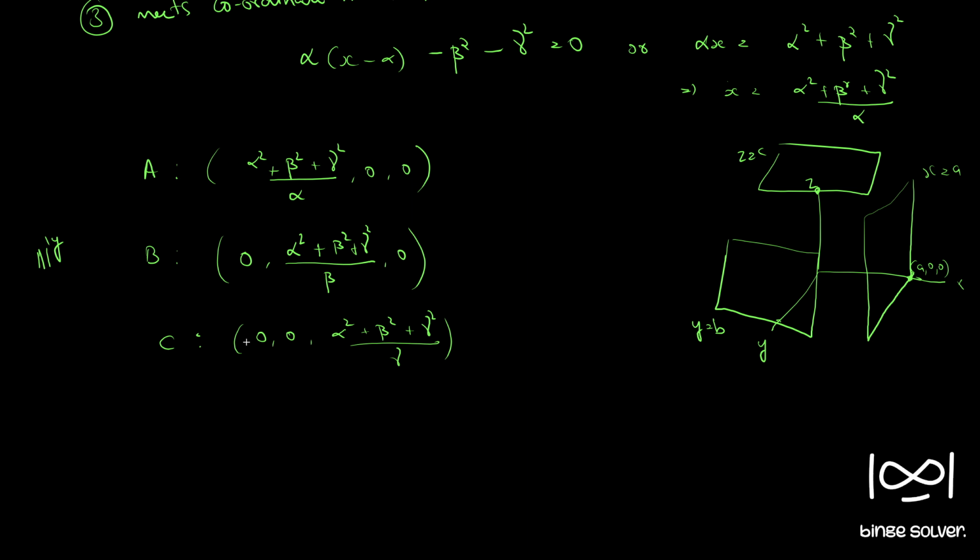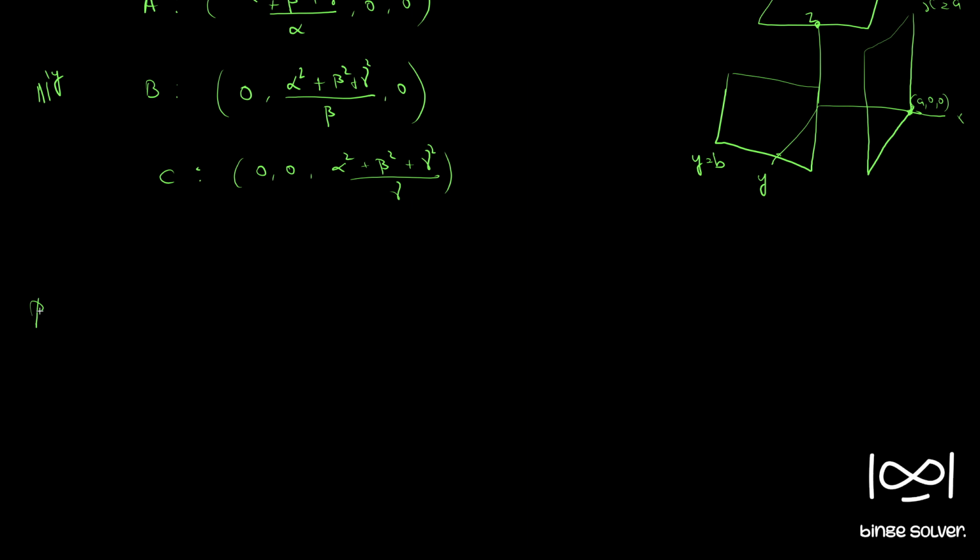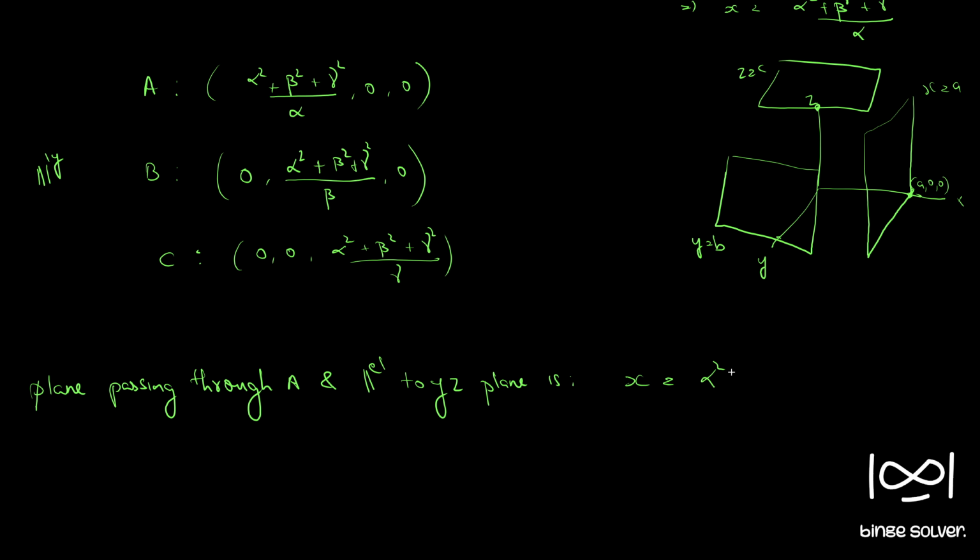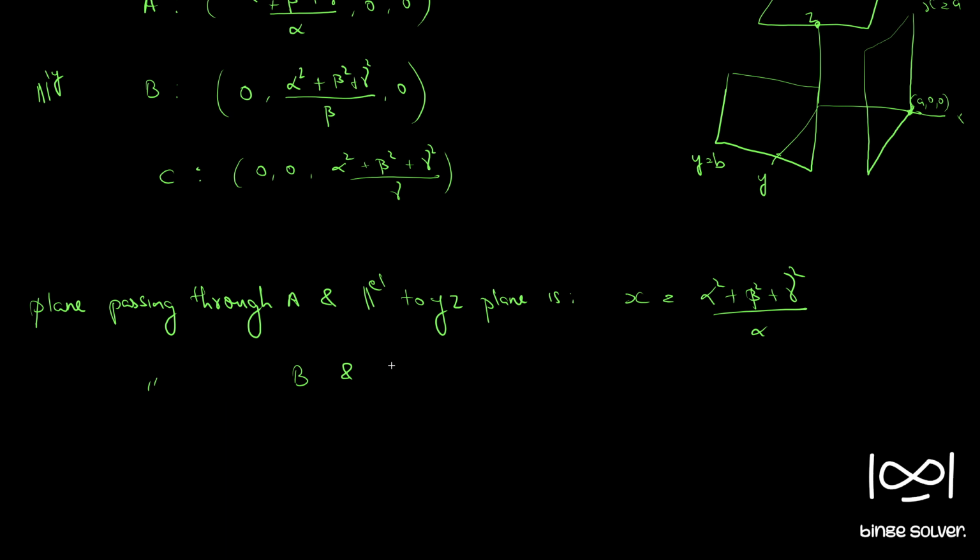Instead of a, b, c, we have these points, so we can write the plane passing through A and parallel to the yz plane: x is equal to alpha square plus beta square plus gamma square by alpha. Similarly, the plane passing through B parallel to that plane: y equal to